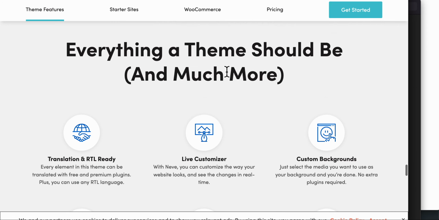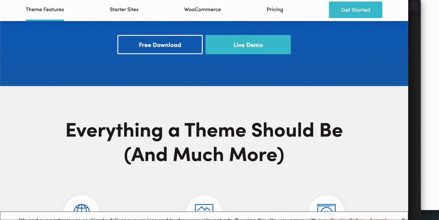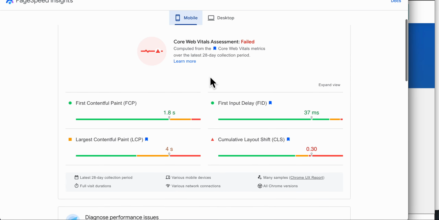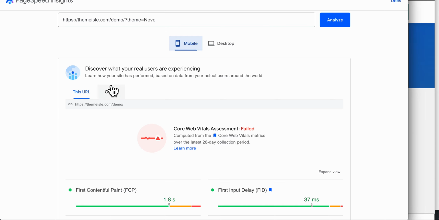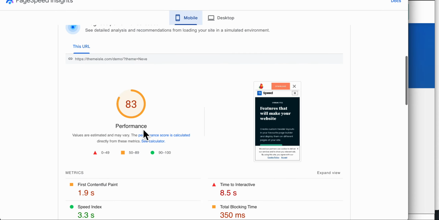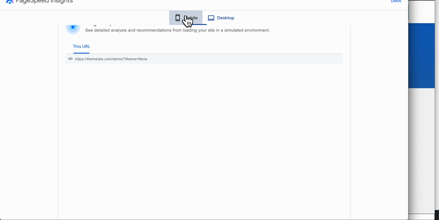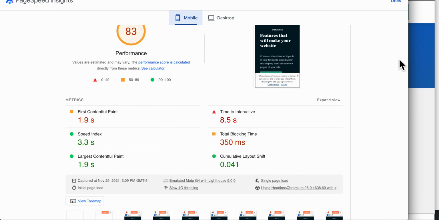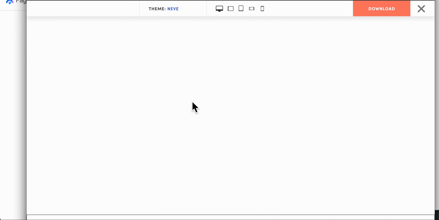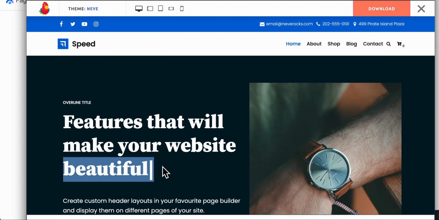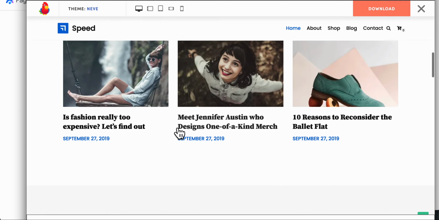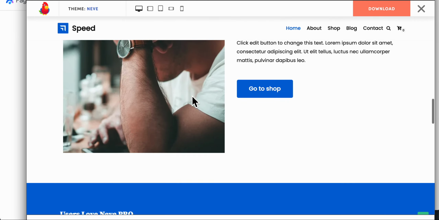What I've done here is I went to the live demo and went to PageSpeed Insights, added their demo, and I could see that the mobile is 83 and the desktop is 99, which is really good because if you go to the live demo, you can see a lot of CSS, a lot of stuff that I'm not going to be using.